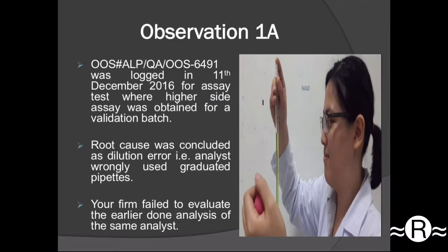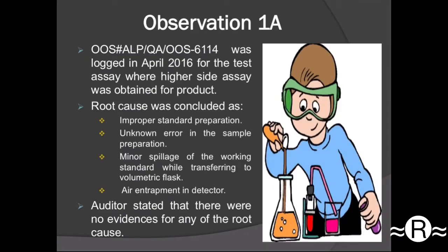This OOS was logged on 11th of December 2016 for higher side assay and the root cause for this was concluded as an analyst error where dilution was done with the help of a wrong graduated pipette. Now the auditor has given a point there that your firm has not evaluated earlier carried out analysis by the same analyst. Coming to the next observation, when the auditor reviewed OOS number 6114, which was logged in April 2016 in the